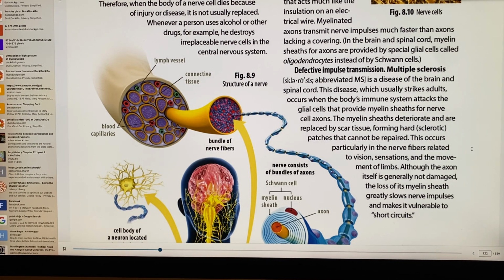So you're going to have a problem transmitting impulses through it when the myelin sheaths are not there. It's going to cause everything to go a lot slower with MS. A lot of the sheaths, especially related to vision, because vision is one of the first sensations, and then the movement of the limbs are affected. If you have MS, you have a hard time moving your limbs, and losing those myelin sheaths makes it vulnerable to